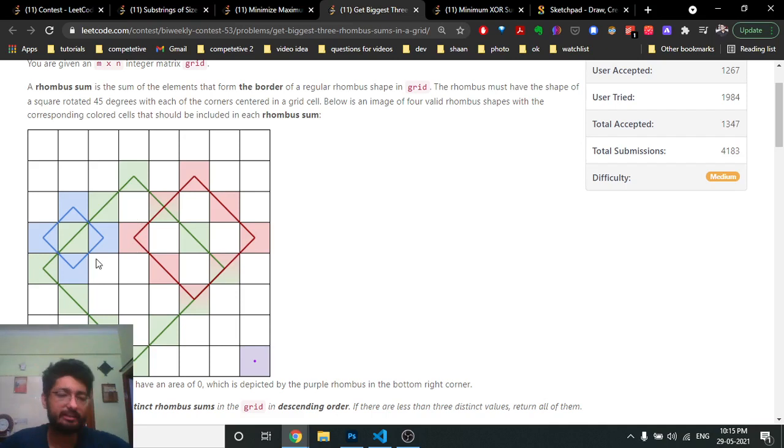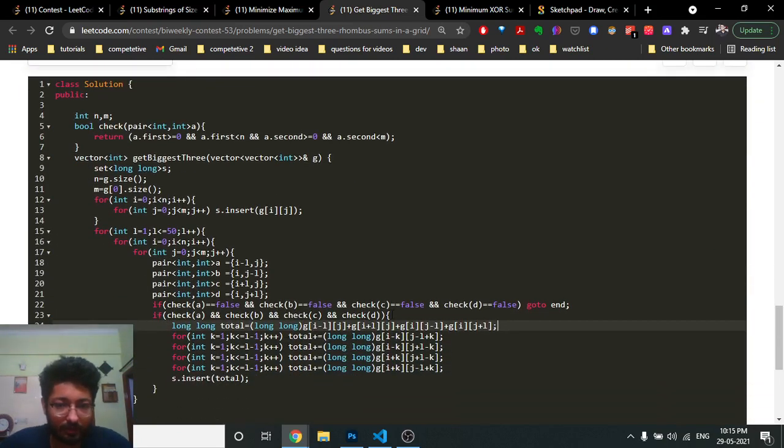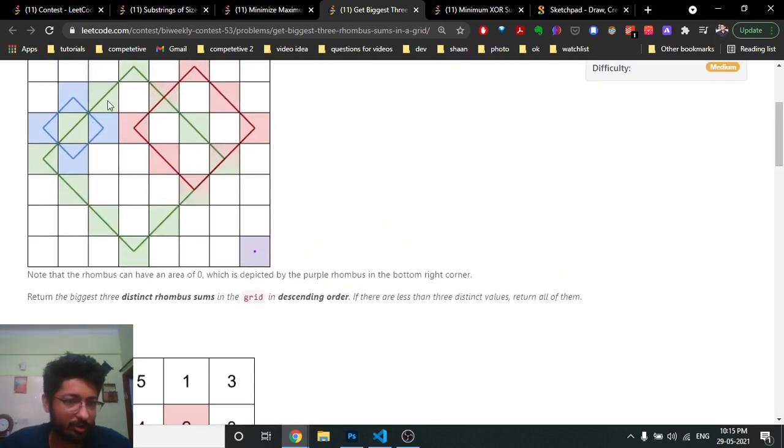So if the length is 3, how many elements do I have to iterate over here? I have taken this and this element, obviously, because I have added the corners already. So I don't have to double count the corners. I have to only count the blocks which are not in the corners. So there are two blocks. If the length L is equal to 3, then there are two blocks you have